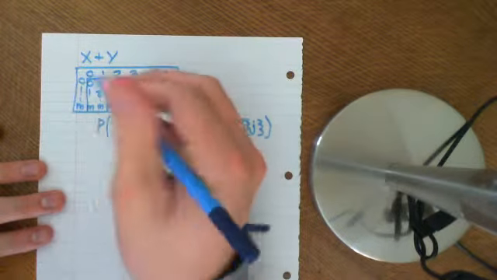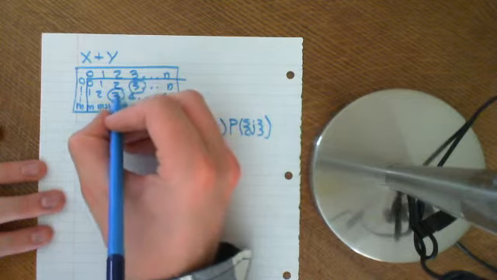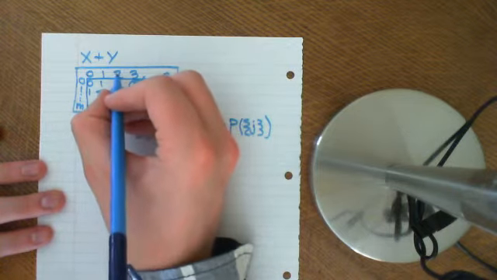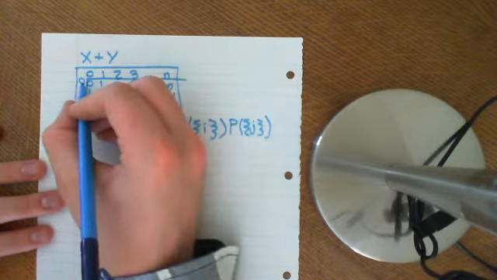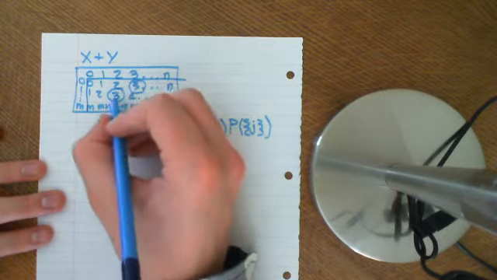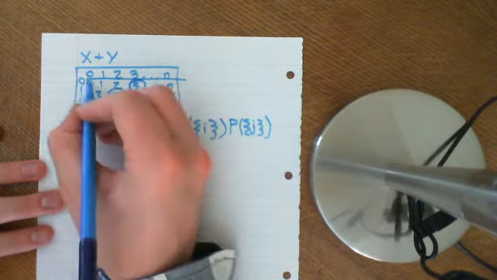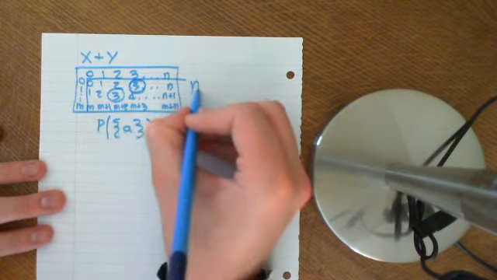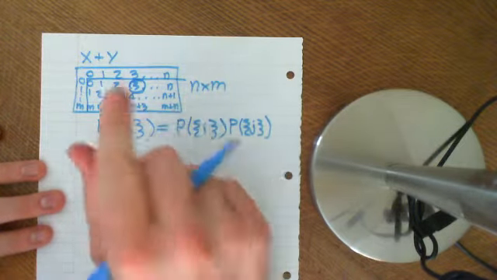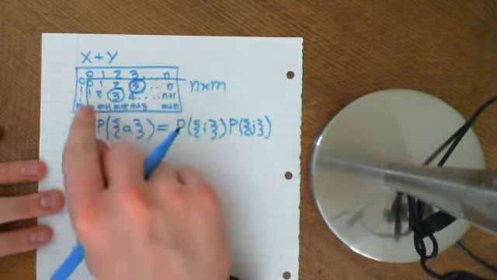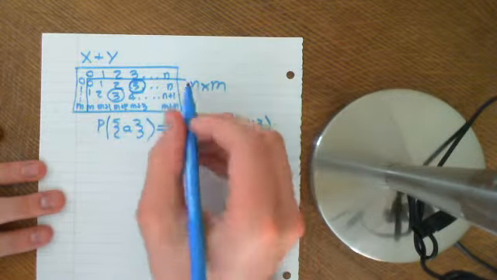And I want to stress that at the moment this 3 and this 3 are different outcomes, because this is 3 from the addition of 2 and 1, whereas this is 3 from the addition of 3 and 0. So that is a different outcome at the moment. So I'm ascribing a probability to each individual one of these. We've got n times m possible outcomes at the moment. Later what we'll do is gather them all together and say that all the threes are sitting in an event by themselves. But at the moment we're just